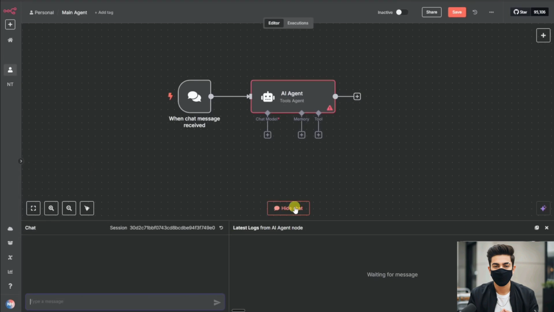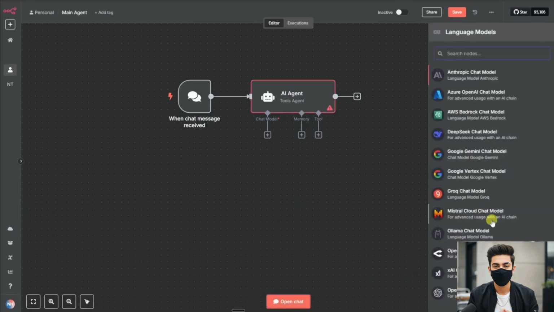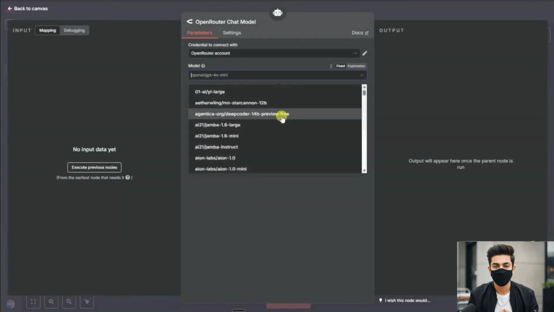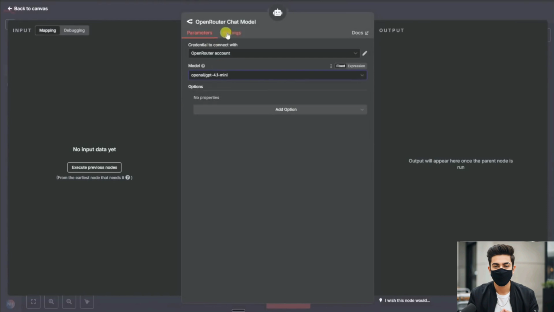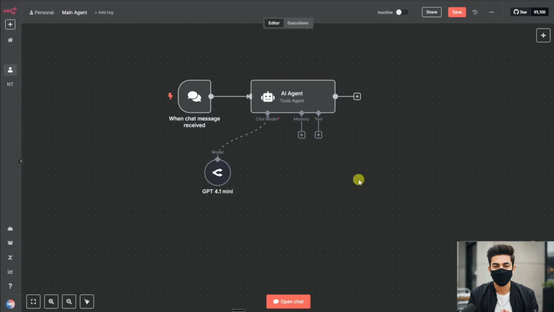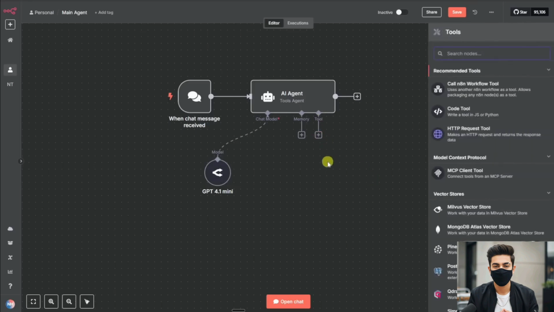for now. So first thing we need to do, as always, is connect a brain. I'm going to go ahead and grab an OpenRouter, and we're just going to throw in a 4.1 Mini, and I'll just change this name real quick so we can see what we're using. And from here, we're basically just going to connect to a sub workflow, and then we'll go build out that actual sub workflow agent. So the way we do it is we click on this plus under tool, and what